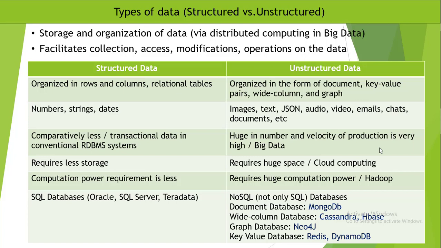At the same time, unstructured data is something where we do not have a defined structure, and those are actually unstructured data. The more we go into the details, we'll understand it in a better way, right? There are other ways in which we can define structured and unstructured data, but so, storage and organization of data. The way we organize data in a very defined and structured way, in the form of rows and columns. So that is structured, where